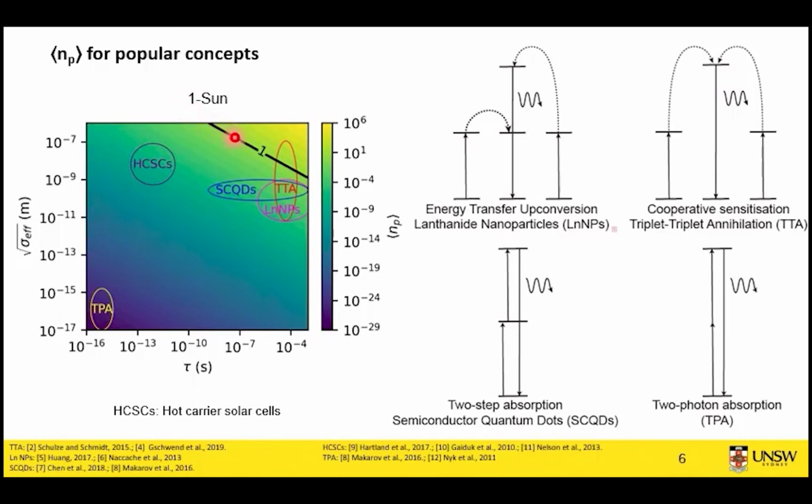Here we have a line of NP equals 1, and this in some sense is a minimum. You need on average at least one other excitation in the volume for an interaction to occur. While TTA goes over this line, according to this analysis, several concepts still need improvements to go above it. It is to be noted that this literature search is by no means exhaustive, but just a general indication of the typical values in the literature.